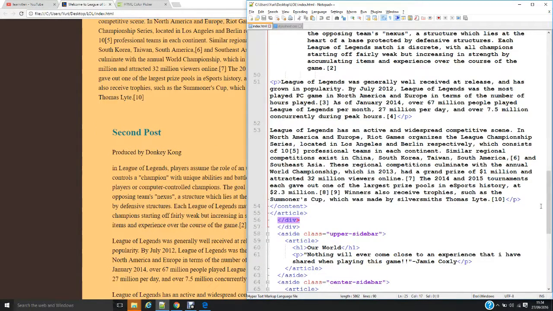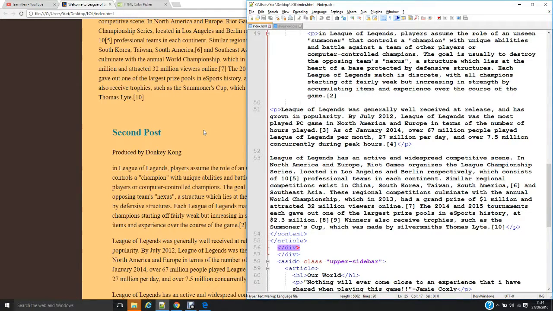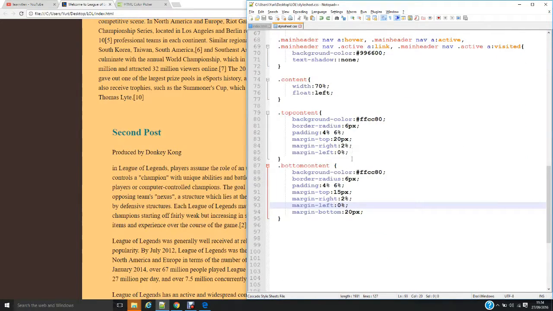Sorry about that. I got a bit distracted. I can't figure out why it hasn't separated here, but I really can't be asked. So what we're going to do is we're just going to leave it like that, margin left. Let's do